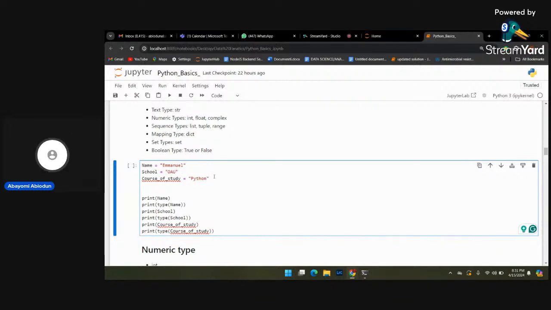So if I want to output them one after the other, I can just print name, print school, then print course of study. Then also to check the data type that they belong to, but we already know that text belongs to the string data type. So if I just want to run this,